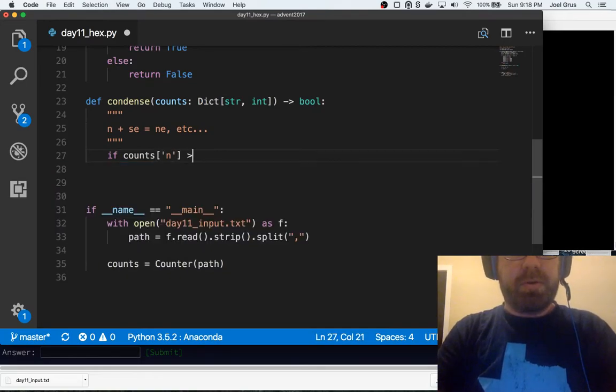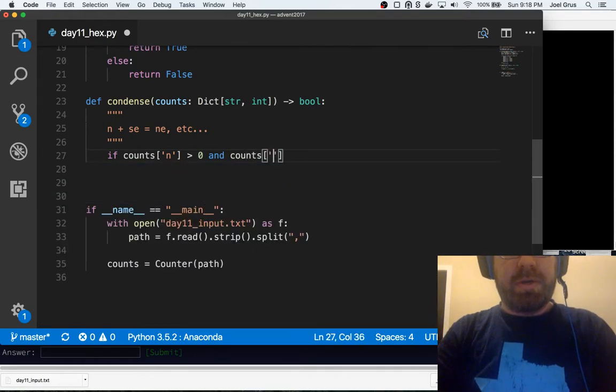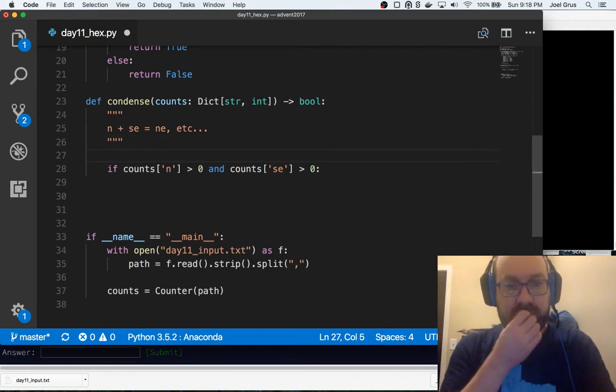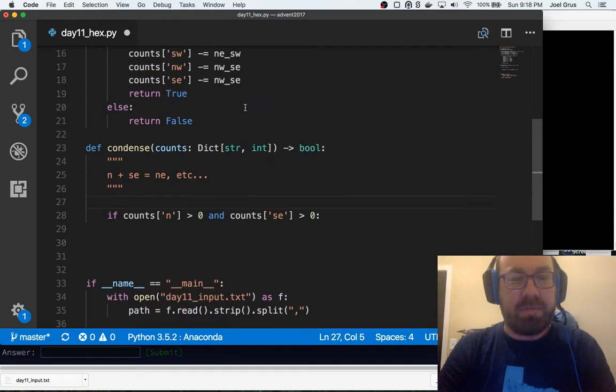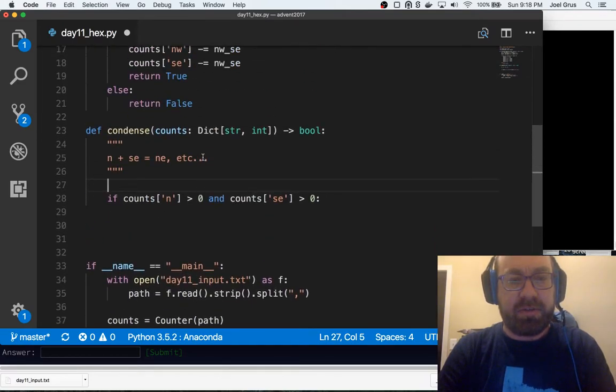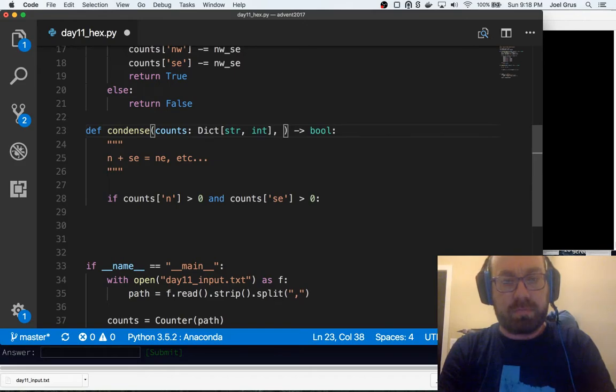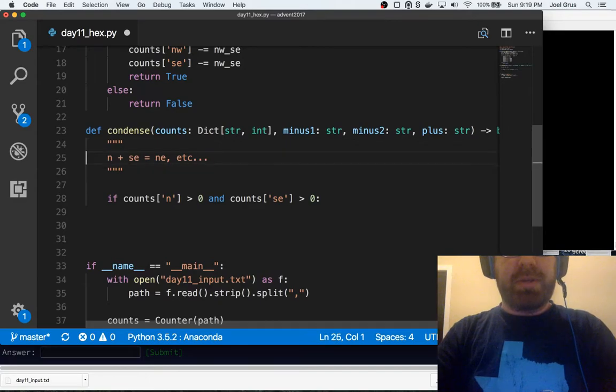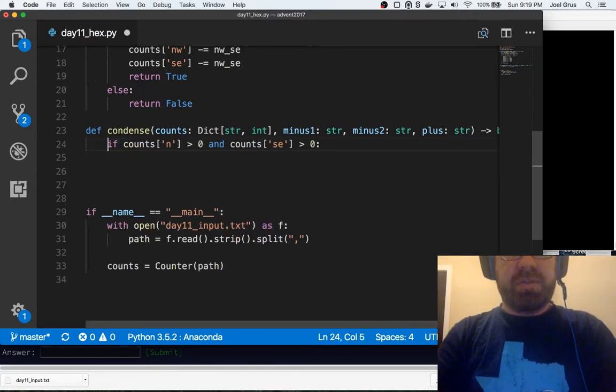If counts n bigger than 0 and counts northeast or southeast bigger than 0, then actually, I should use a slightly different abstraction here and just say let's just say m1 string, m2 string, plus string, and so that way